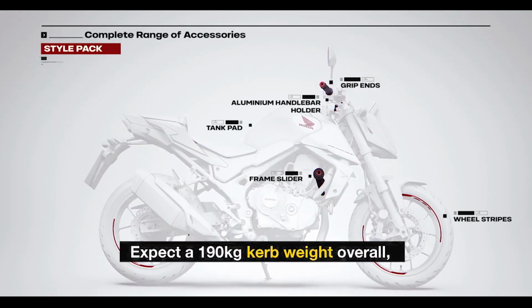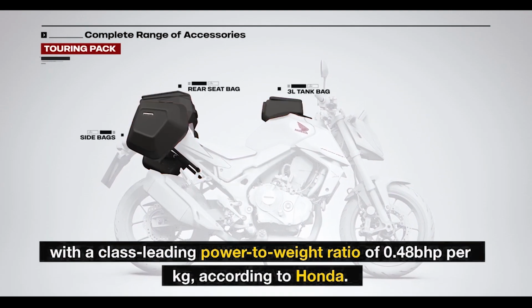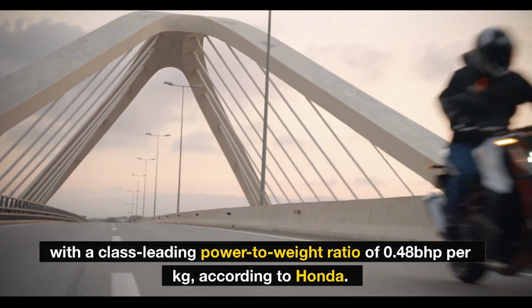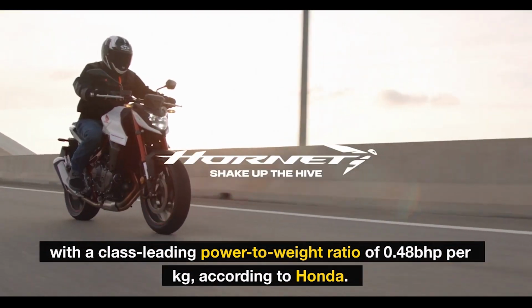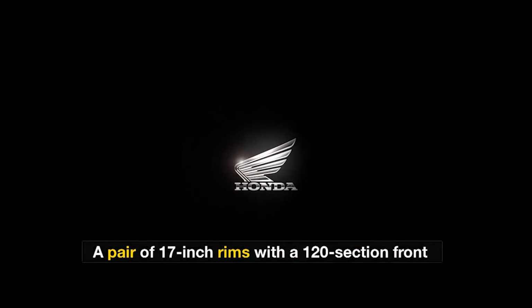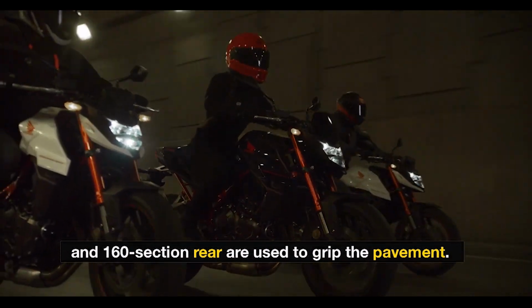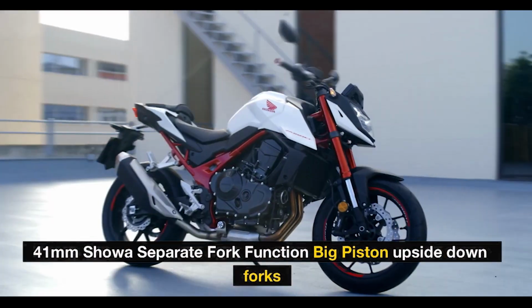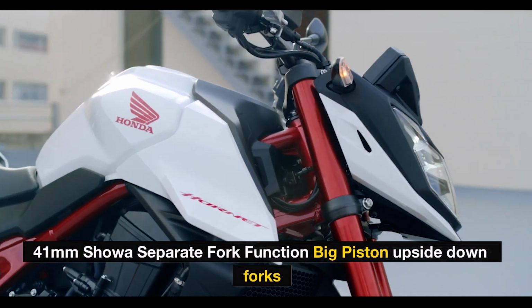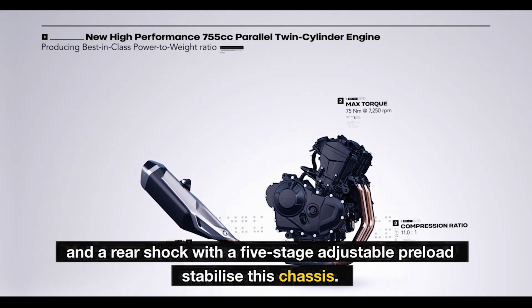Expect a 190 kilograms curb weight overall, with a class-leading power-to-weight ratio of 0.48 brake horsepower per kilogram. According to Honda, a pair of 17-inch rims with a 120-section front and 160-section rear are used to grip the pavement. 41 millimeter separate fork function, big piston, upside-down forks, and a rear shock with a 5-stage adjustable